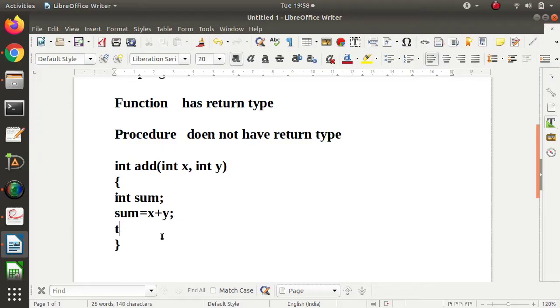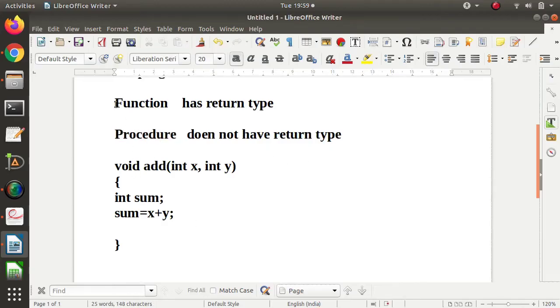If we are returning this sum, this becomes a function as it has a return type. And if you are writing the same code but it is not returning anything, then we call it a procedure. So function and procedure both are subprograms. The difference is that a function has a return type while a procedure does not.